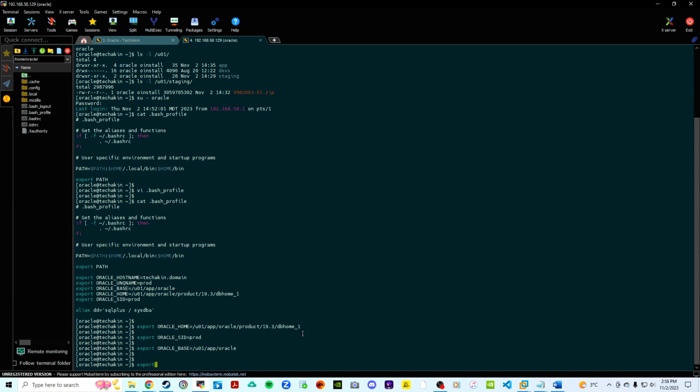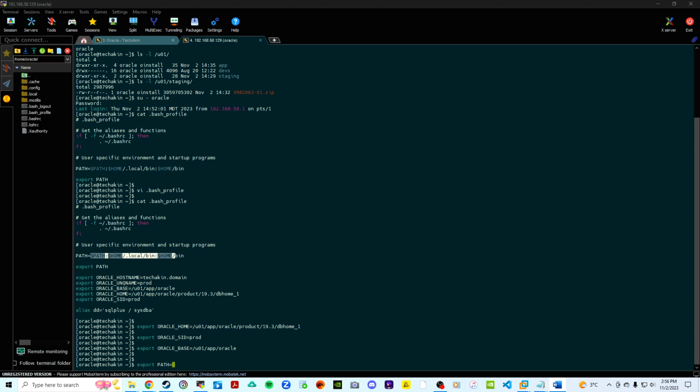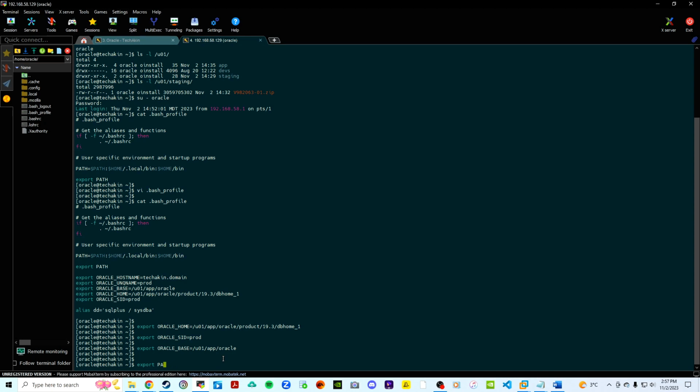Export PATH equals, so we already have it in here. You see it's $PATH or ORACLE_HOME, but for ours is very different. So I will just use the ORACLE_HOME/bin. I'll send it back to the bin path. So we will export PATH to be our ORACLE_HOME/bin